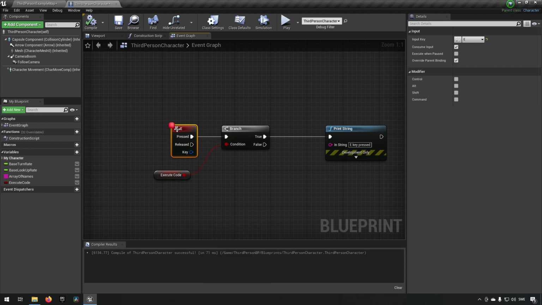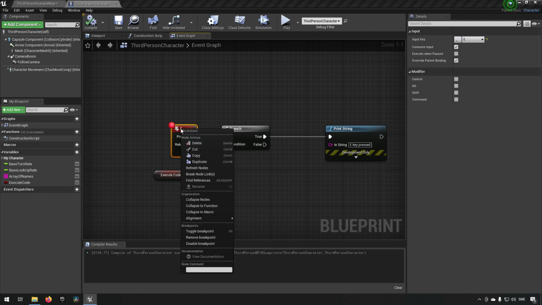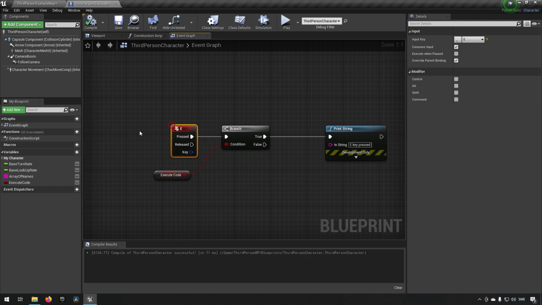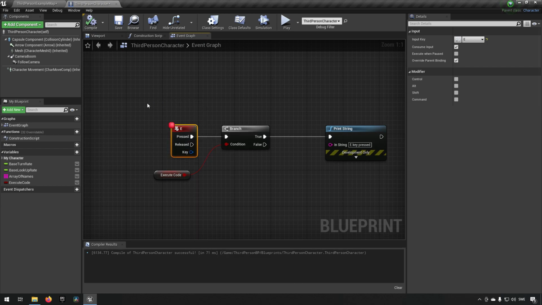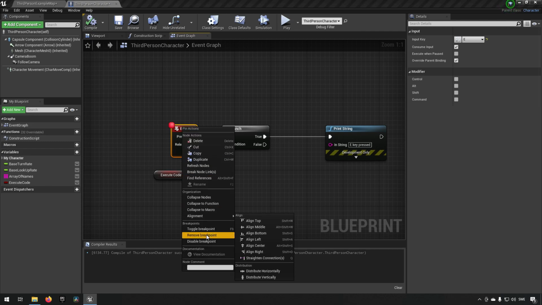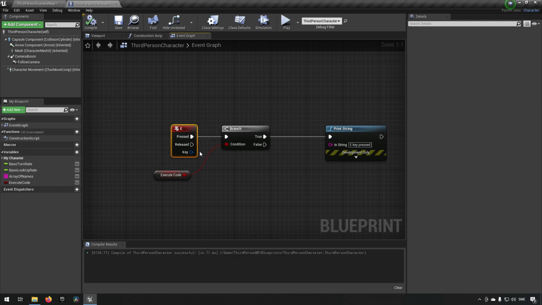And you can see that this red circle appears. This shows that we have a breakpoint over here and that it's active. You can also go here and disable or remove the breakpoint. Disabling a breakpoint will make it hollow like this, and it will execute just like there was no breakpoint, but a breakpoint has been set here before if you wanted to enable it again like this. Or you can just remove the breakpoint and then it will be removed completely